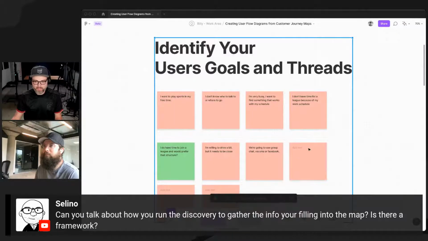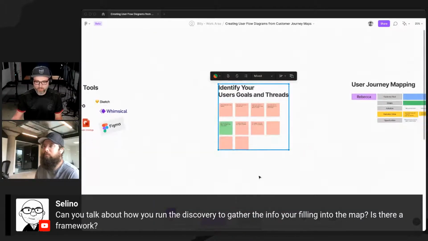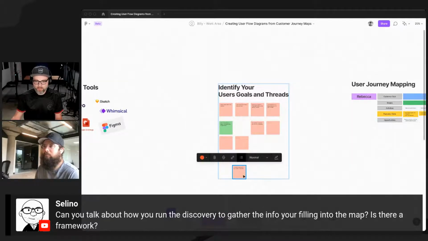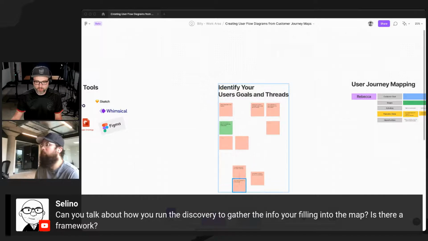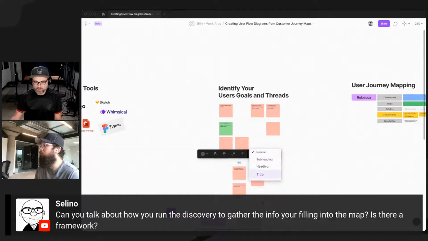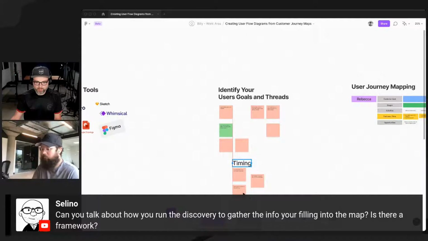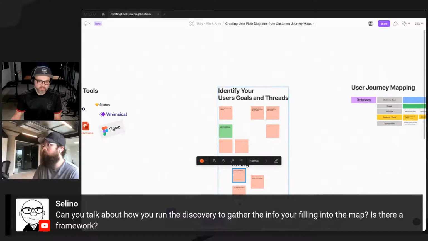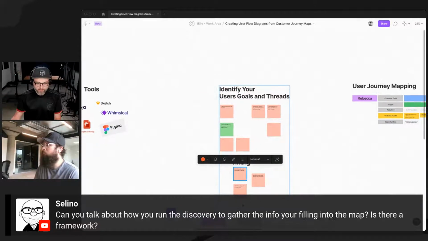capturing threads like this. And then while we are going through and capturing these threads, we might start clumping some of these around a specific theme. So if these were all related to, like, hey, these are all about timing issues, we might say, this is all timing related. And we try to get as many interviews as possible. And a lot of times it's like, what's your experience going through? For this example, it'd be like finding pickup games or finding league play. Like, what's your experience? And we might hear,